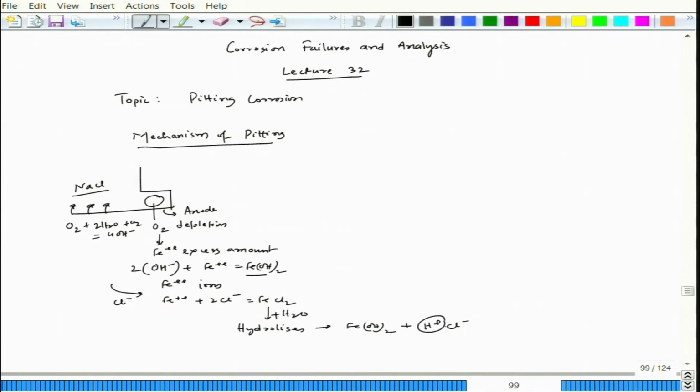Here we generate H plus and chloride minus. H plus increases the acidity, or pH decreases, and the chloride ion helps destruction of passivity. So both of them lead to rapid autocatalytic growth